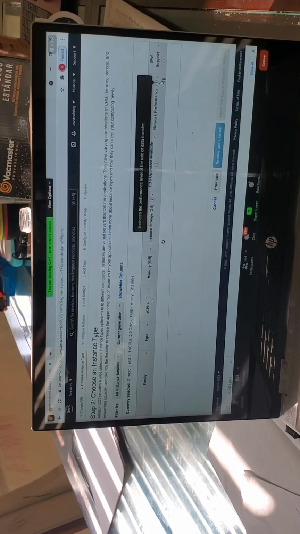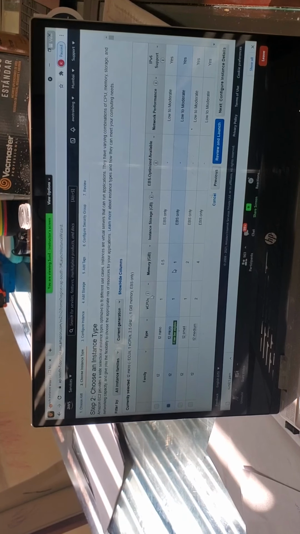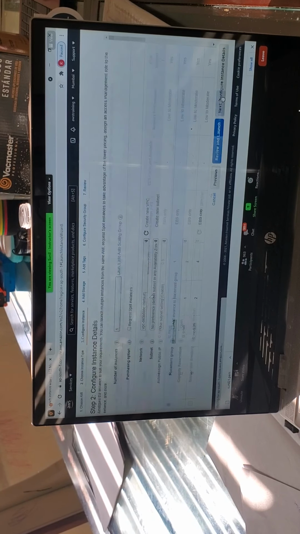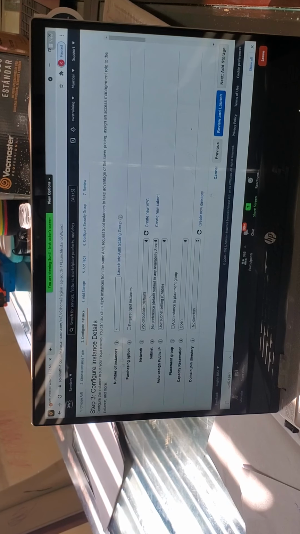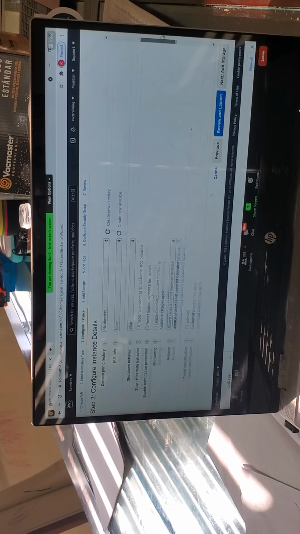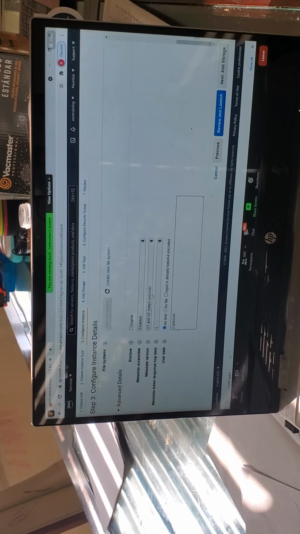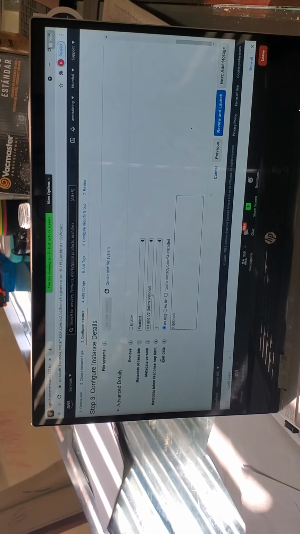Launch instance. As usual, this time also I want to go with the same operating system, Amazon Linux. T2 micro instances, obviously. In step 3, it's all about the number of instances. So okay, I go ahead and create one instance, that's fine. But scroll down. Under advanced details, can you see user data here?